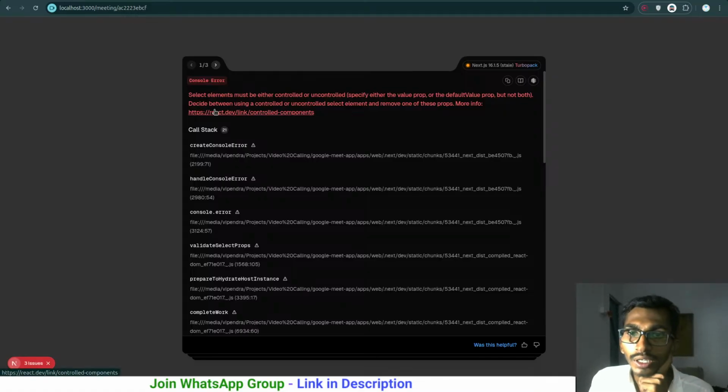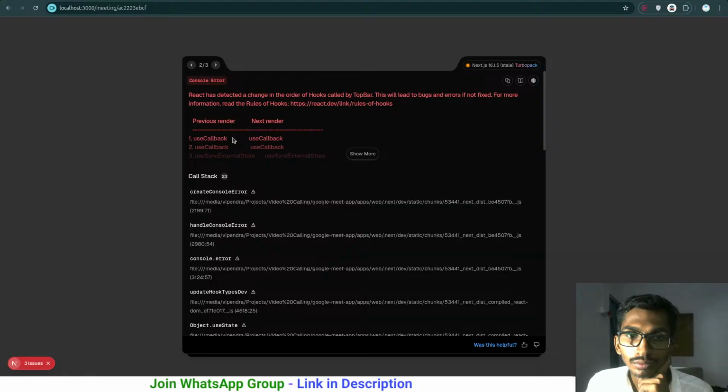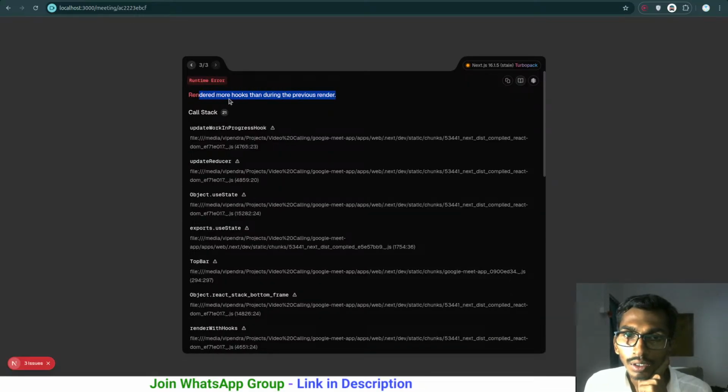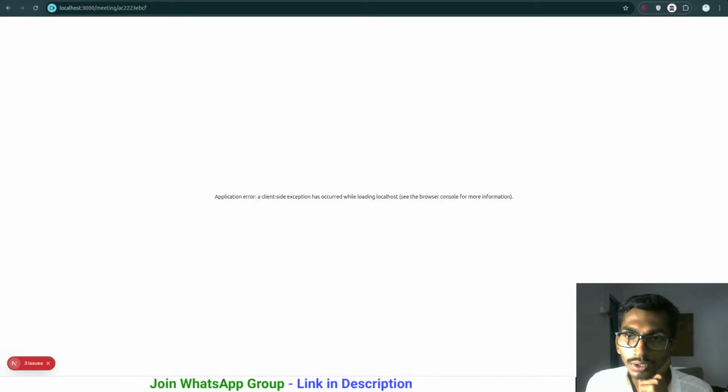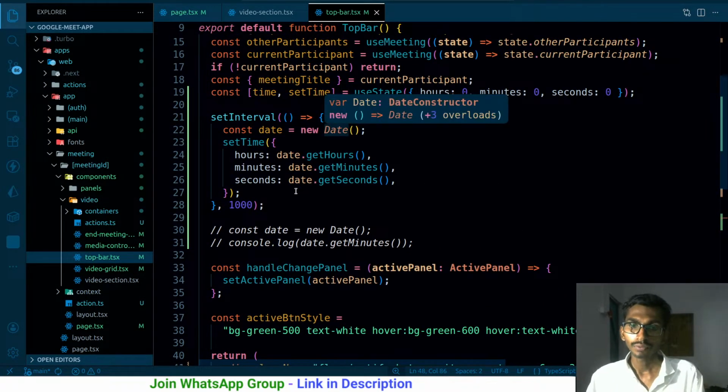Select element must be either controlled or uncontrolled. Specify either the value prop or the defaultValue prop, but not both. Decide between using controlled or uncontrolled. React has detected changes in the order of hooks called. This will lead to bugs and errors if not fixed. Rendered more hooks than during the previous render, so it is just rendering more hooks. Okay, so